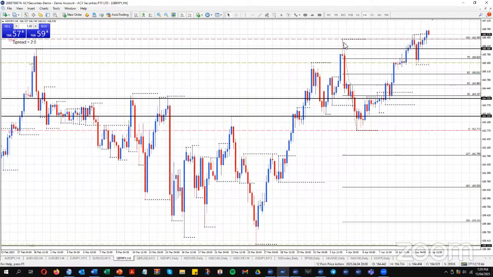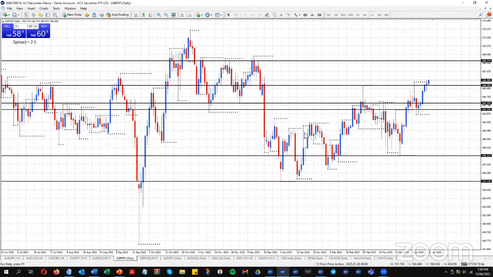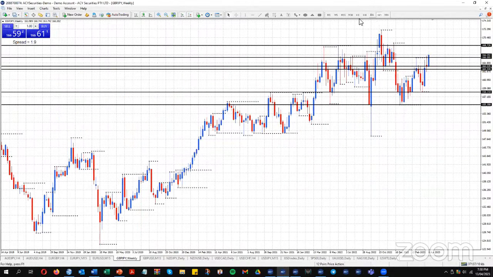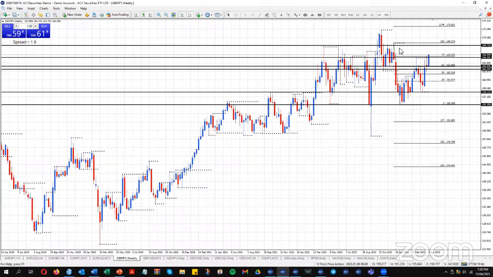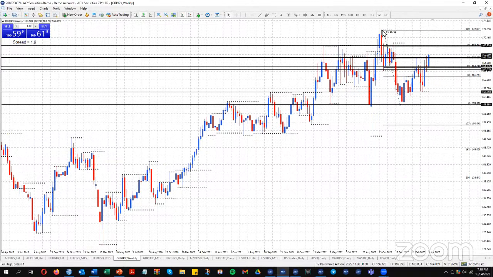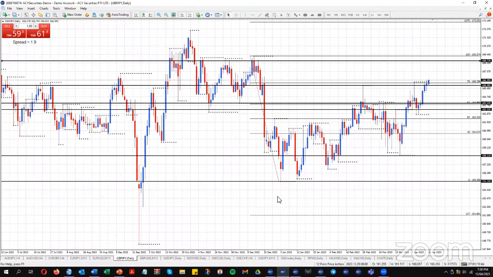All right, pound yen. Now, on the weekly, we're still in this weekly range here, a bit above the 79. And there's a larger range here. But we're still within this range. There was the potential of a double top forming here, but we've obviously gone a little bit higher.